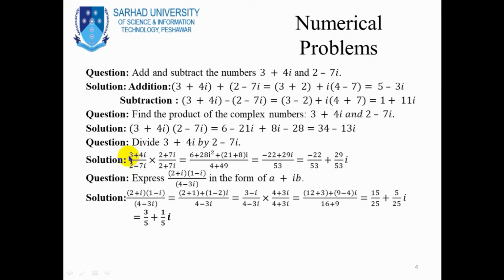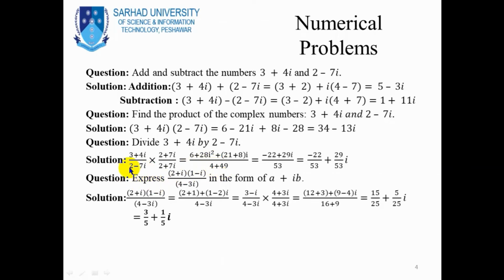So for the division of these two complex numbers, taking the conjugate of the denominator, we obtain (3 + 4i) divided by (2 - 7i). The conjugate is 2 + 7i divided by 2 + 7i. So multiplying the numerator by the conjugate, we obtained 6 + 28i² + 21 + 8i, divided by